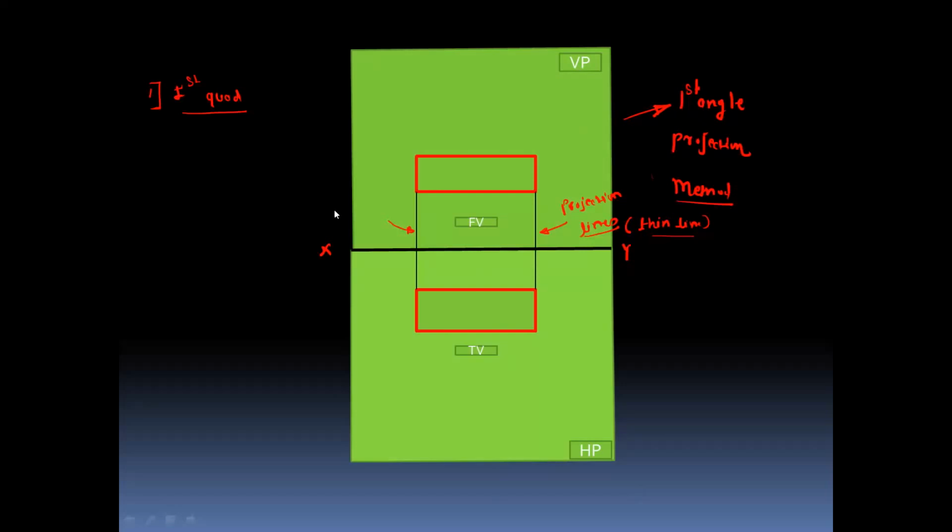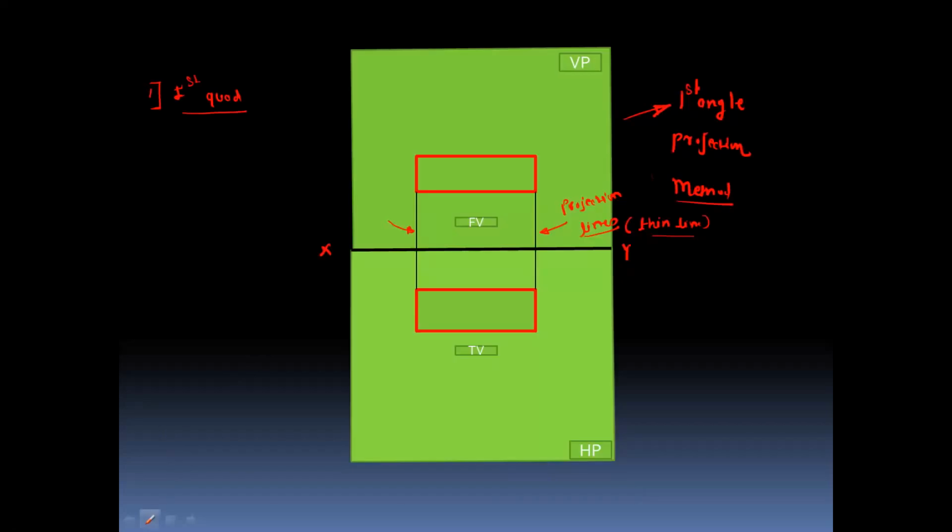Your actual object in three-dimensional space was like this. Just by your imagination, you have converted this object into two views. One is the front view and the second is the top view.